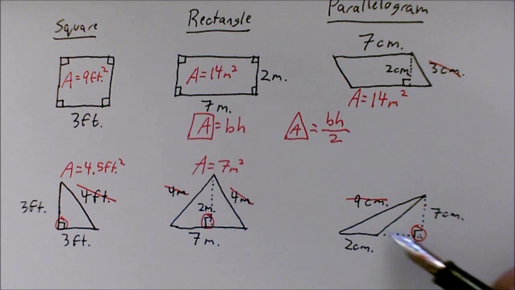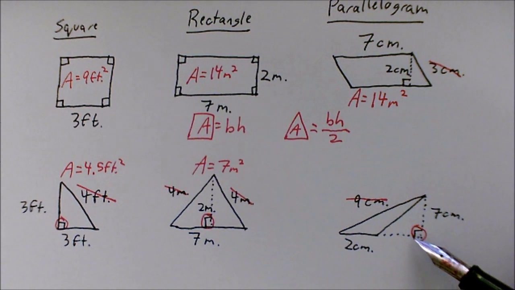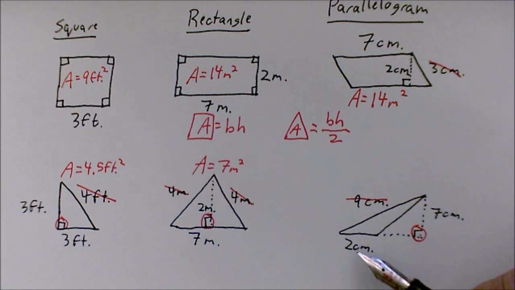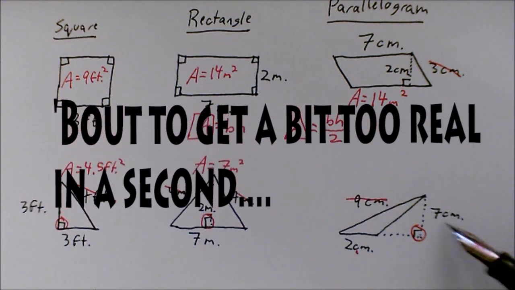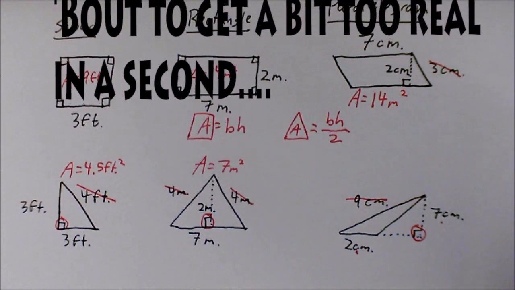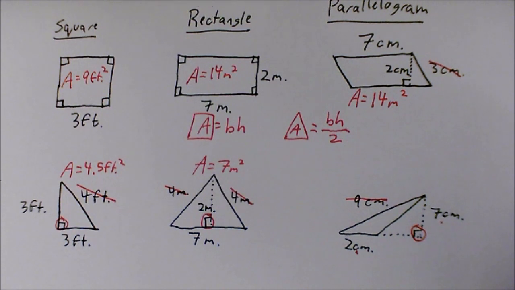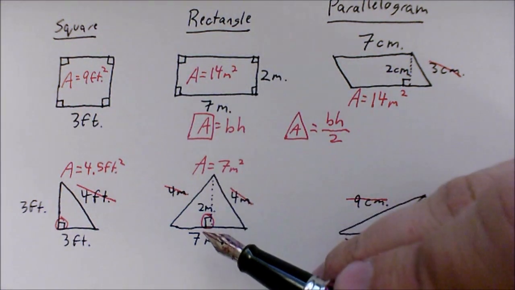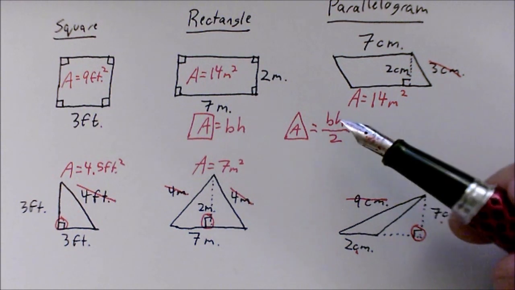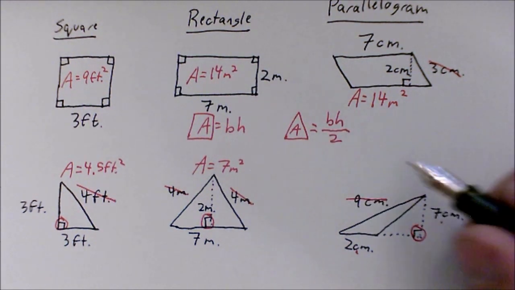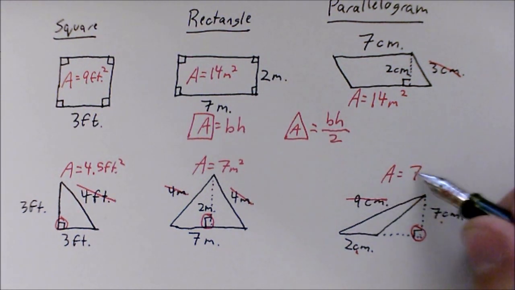This part of the shape is not actually used in our calculation for the base, and our base is just going to be this 7 or 2 centimeters. Our base is going to be 7. I keep getting base and height confused. I don't know why. I'm not going to edit this out. I'm too lazy. The base is 2, the height is 7. Same as our isosceles triangle. 7 times 2 will give me 14 again, and 14 divided by 2 will give me an area of 7